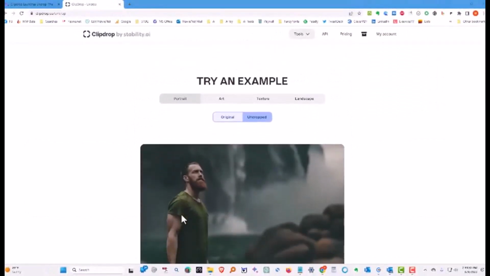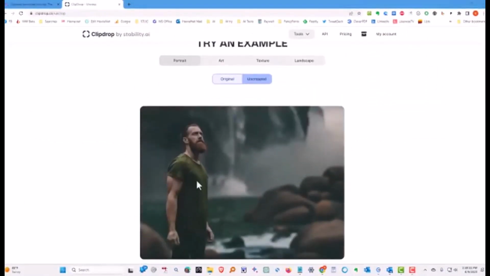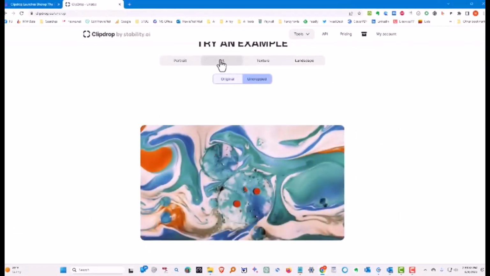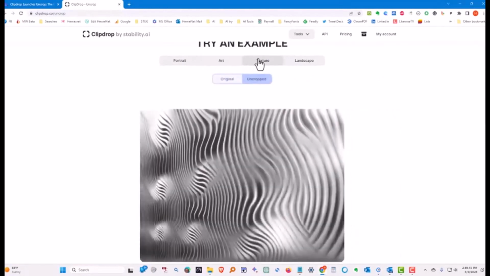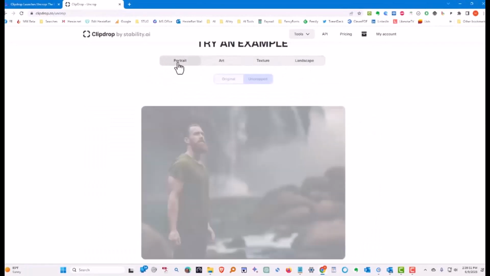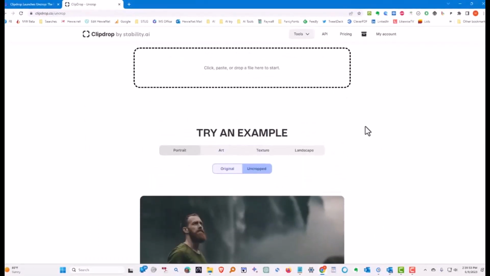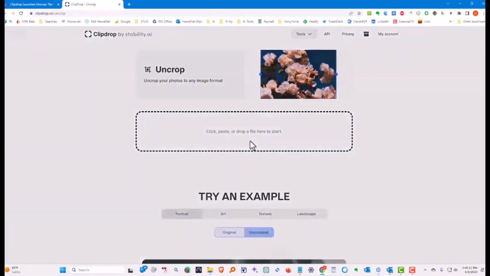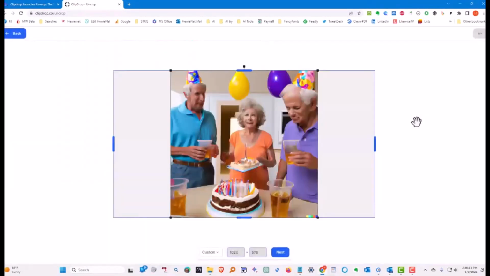There are 4 types of uncrops. There's portrait, which you see there. Then there's art and texture and landscape. We're going to do portrait first, and I have over to the right some examples, and here's the first one